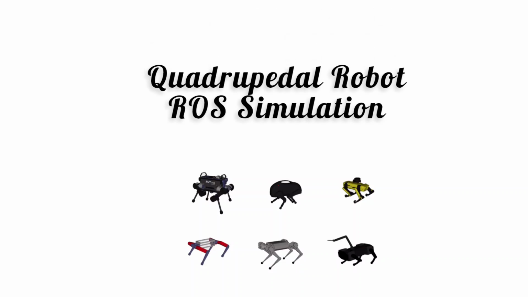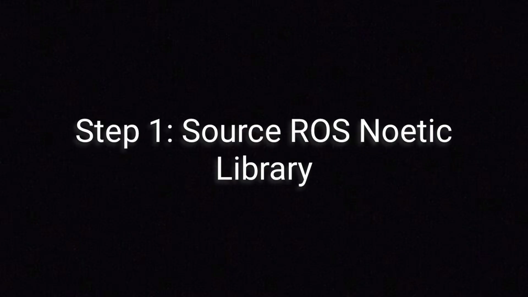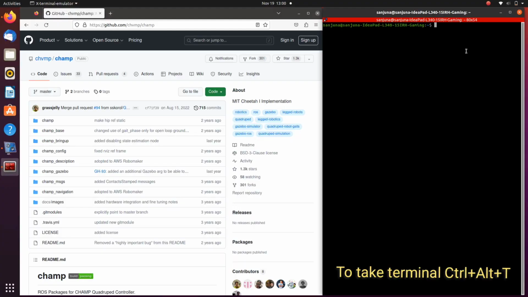Hi all, today we are going to try a quadrupedal robot ROS simulation. First step is we need to source ROS Noetic libraries. For that, take a terminal, type